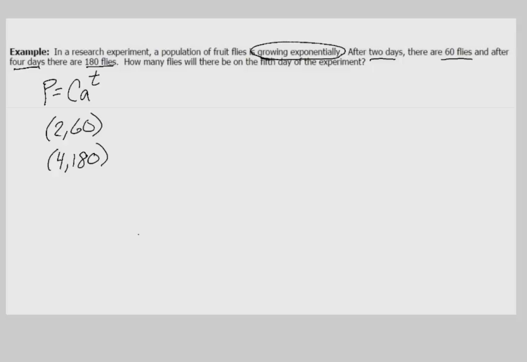So we can find a model for this situation by finding the equation of the exponential curve that passes through the points (2, 60) and (4, 180). We begin by plugging in the points as if they belong. So we get 60 is equal to C A raised to the second, and we get 180 is equal to C A